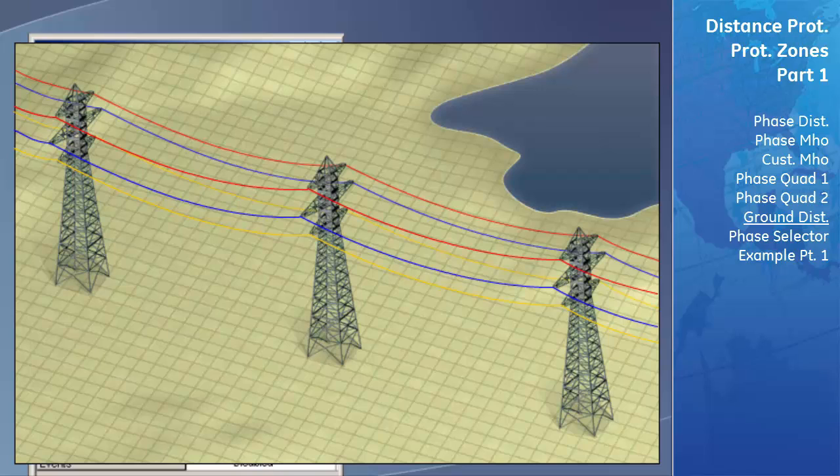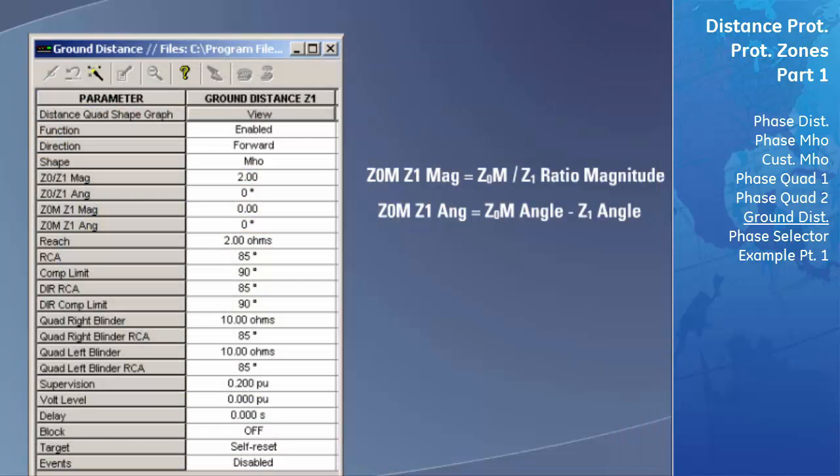As mentioned earlier in the course, any set of transmission lines that are aligned parallel to one another induce an impedance on each other. This additional impedance is known as the mutual impedance, which is labeled Z0M. This mutual impedance will change the modeled impedances of the line. Therefore, the D60 has to compensate for these changes in impedance to accurately protect the line. The following two settings let the D60 know the magnitude of this mutual impedance and allow it to accurately model